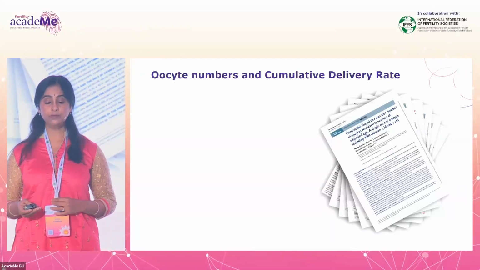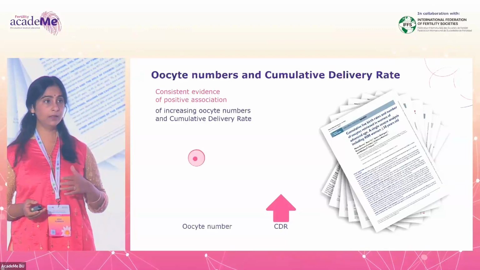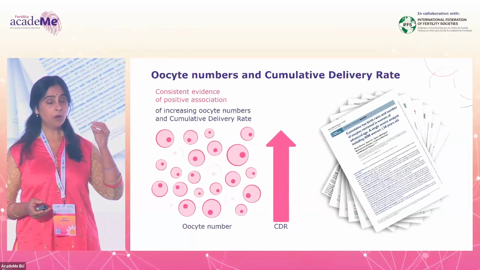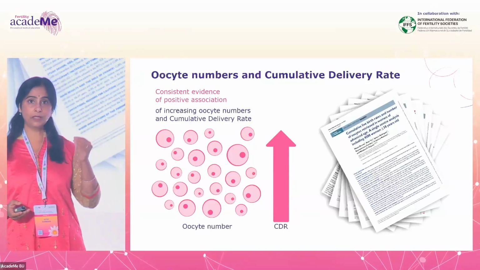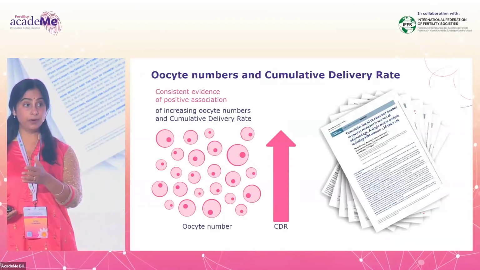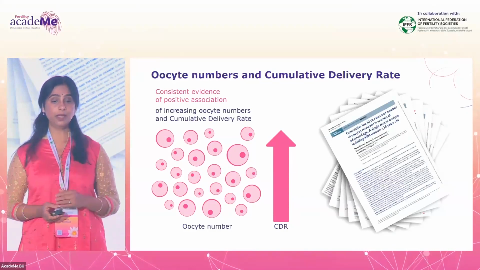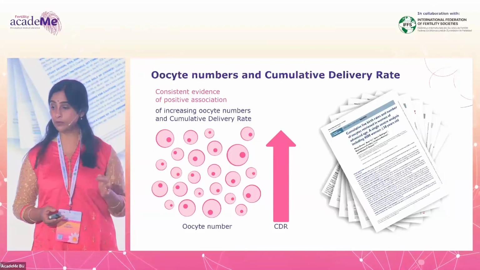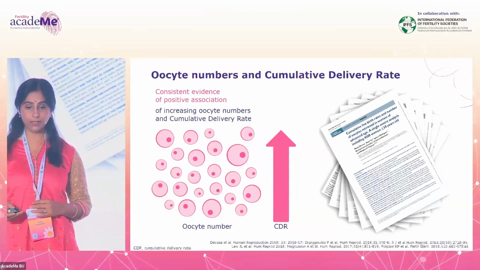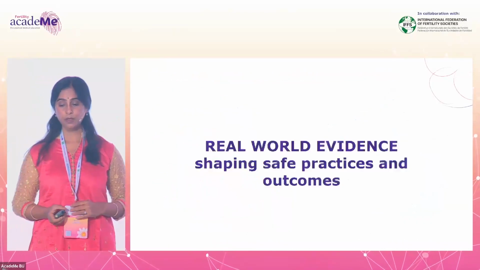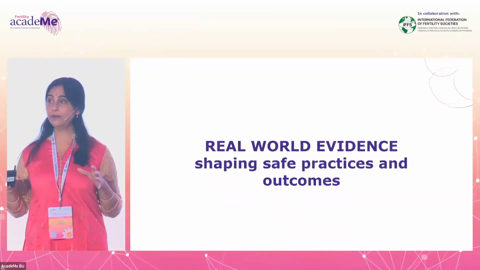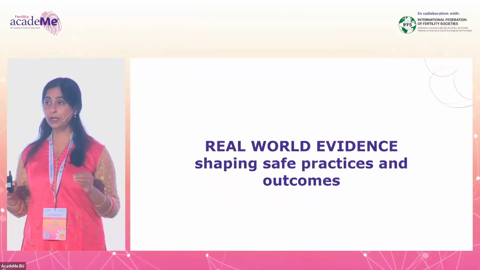So what is cumulative delivery rate? Cumulative delivery is the live births resulting from one started cycle using all the embryos created from that cycle, that is fresh and frozen embryo transfers. And there is stacks of evidence, all this is real-world data, all the papers showing a consistent positive association between the number of oocytes retrieved and cumulative delivery rate. Again, real-world data, so looking into safety practices, what we have to bear in mind, that is IVF,